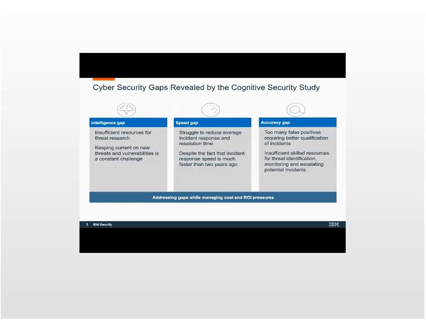The intelligence gap. What are the information sources that I need in order to take action at any point in time? Do I have enough information? Do I have all the information? Oftentimes, the answer is no. Even if I'm consuming threat feeds and research reports, the analyst dealing with an incident needs to be able to apply that knowledge, and to do that effectively.